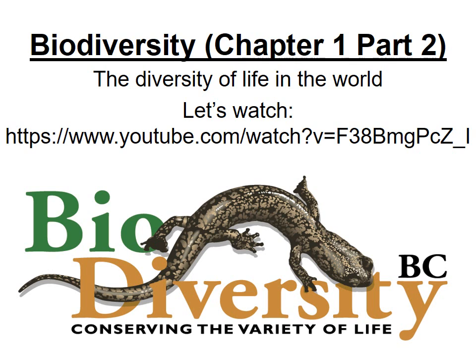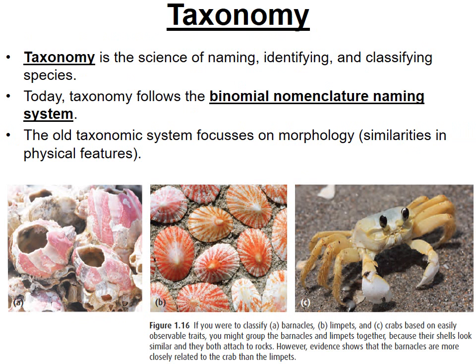In this video, we're going to study how scientists classify the world, how they organize all the diversity of life that exists. This is chapter 1, part 2. Hopefully you've been reading or are currently reading chapter 1 of the biodiversity unit. Taxonomy is the science of naming, identifying, and classifying species as we discover them. Today, taxonomy follows something called the binomial nomenclature naming system. We basically provide organisms with a two-part name to make it very easy and universal to